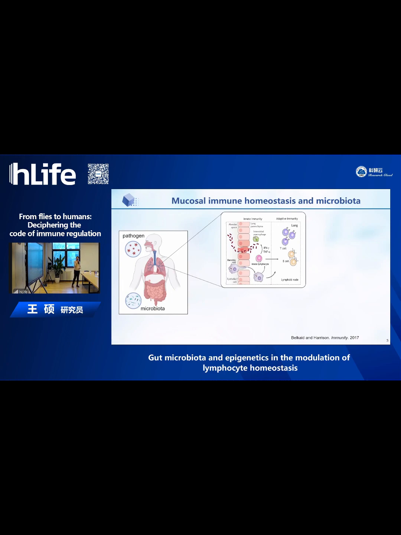At first, innate immunity will be activated, and the DC cells will capture the pathogens, the antigens, and translocate them to the lymph node. The T cells and B cells will be activated by the DC cells. The activated T and B cells will traffic back to the infected site and contribute to the elimination of the pathogens. This is the process of how the immune system works during infection.